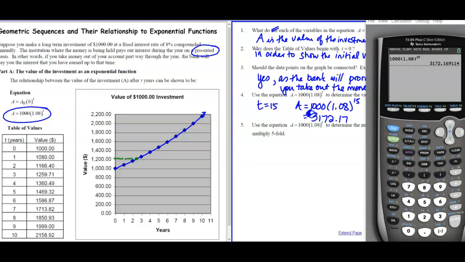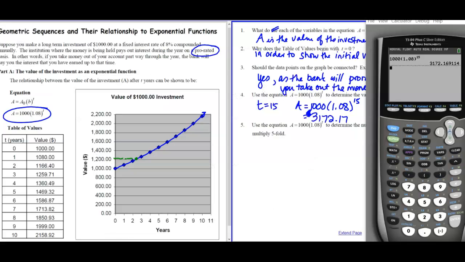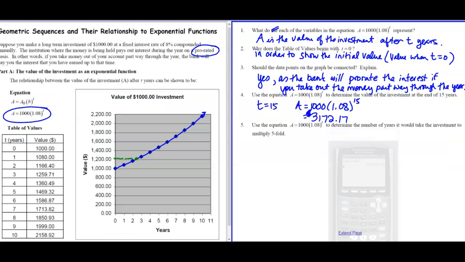Now the next one says, use that equation to determine the number of years it would take the investment to multiply 5-fold. What do you think we mean? Multiply 5-fold. Josh? 5,000. Right. To be 5 times as much as what you started with. Okay, so